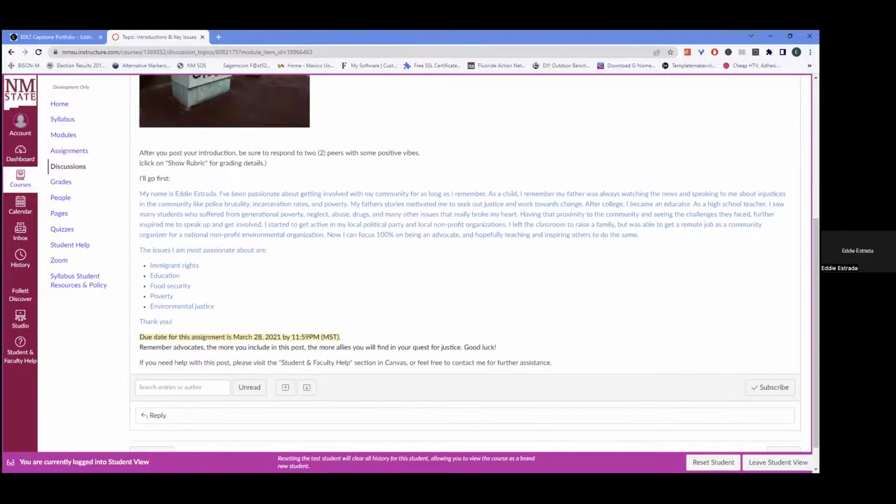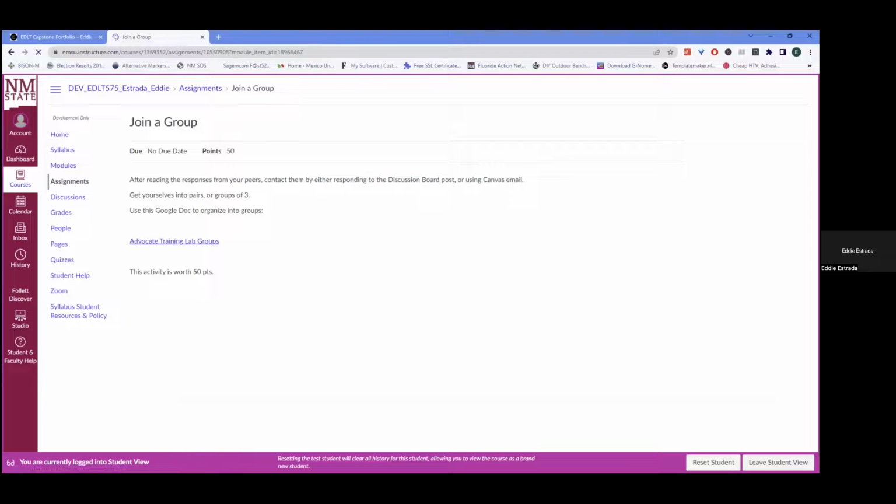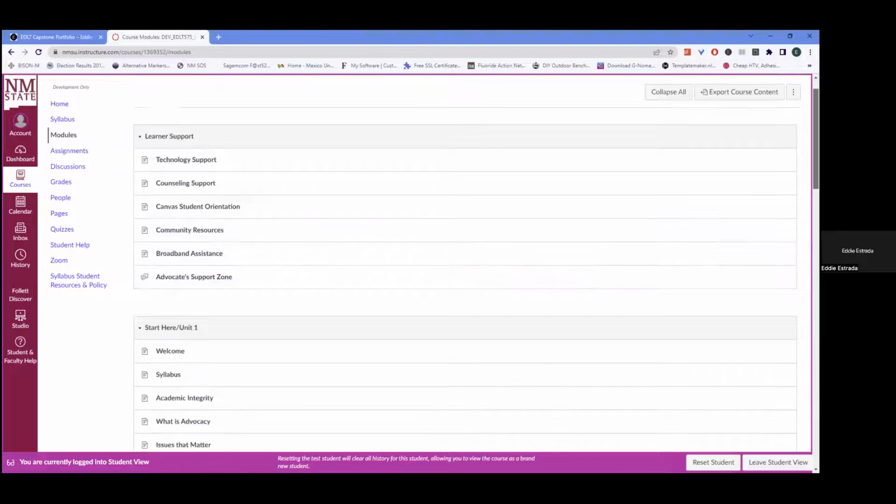And the idea here is to identify others that are taking the course, to organize yourself into small groups, to kind of mimic finding allies in this kind of work, because advocacy is really based on networking and finding people that support your issue and that are like-minded. So that was the basis for this first assignment. And then after they have their groups, they move on to module 2.